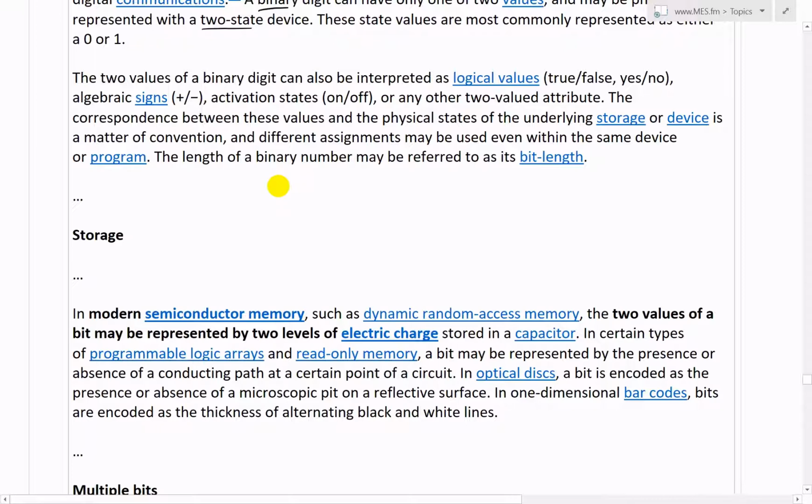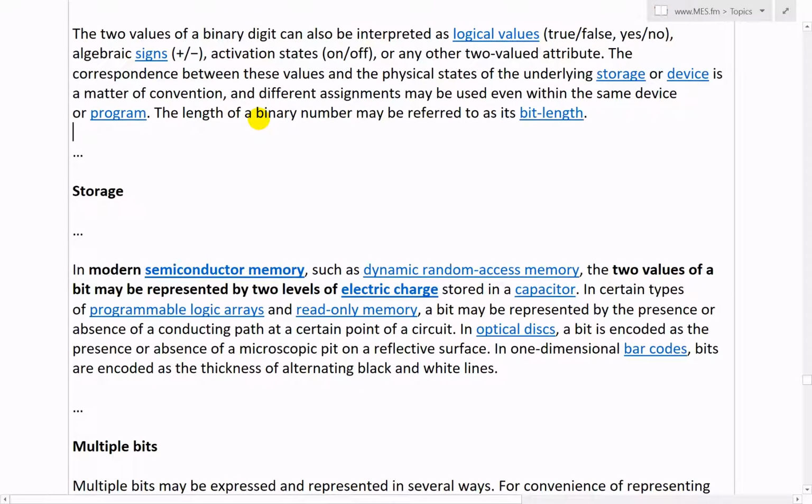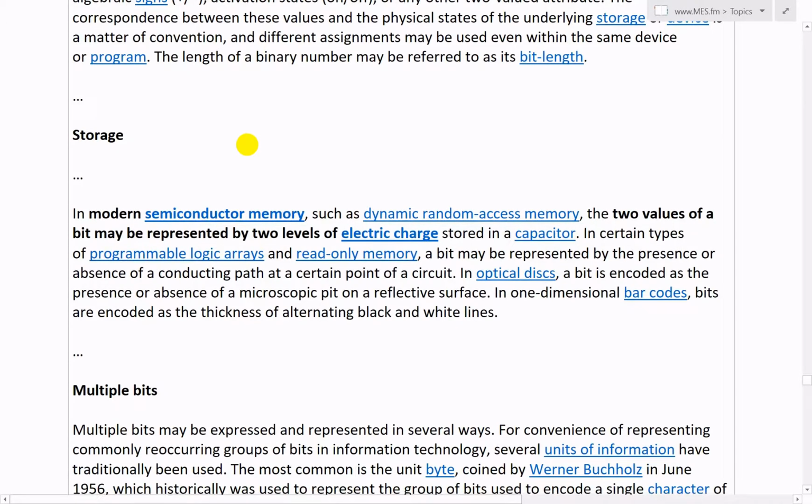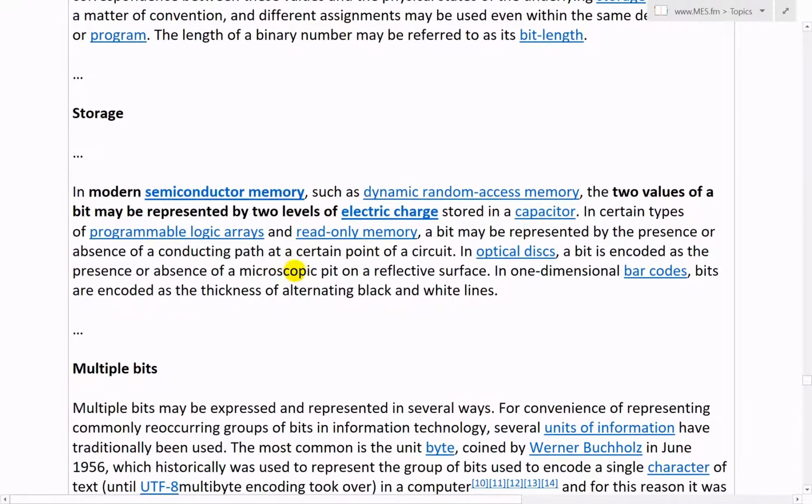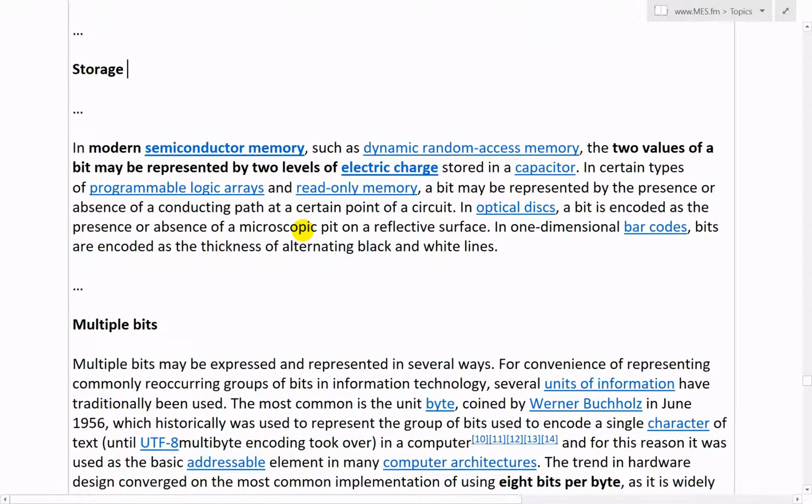The 2 values of a binary digit can also be interpreted as logical values: true, false, yes, no, algebraic signs, plus, minus, activation states, on, off, or any other valued attribute. The correspondence between these values and physical states of the underlying storage or device is a matter of convention, and different assignments may be used even within the same device or program. The length of the binary number may be referred to as its bit length. So in its storage in modern semiconductor memory, such as dynamic random access memory, or RAM,